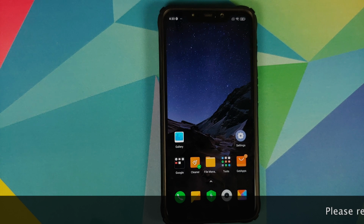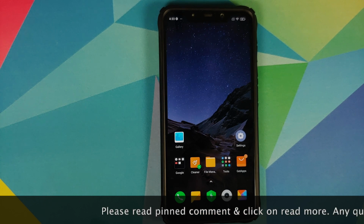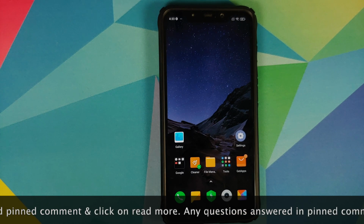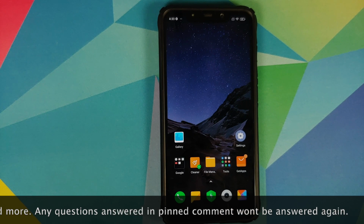What's up peeps, exciting times ahead. Android 11 is here and we have ROMs coming out for the Poco F1 already. First up we have the Android 11 stable GSI port by OOF Gang, and in this video we're going to